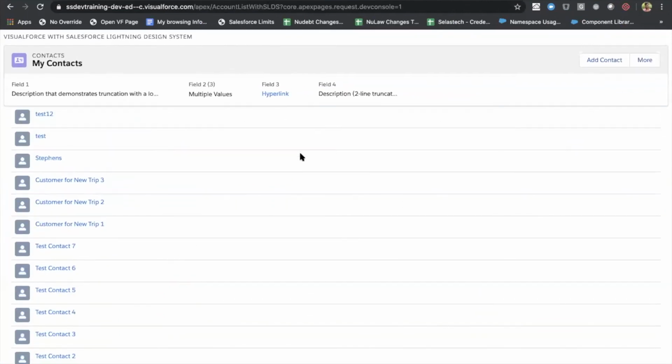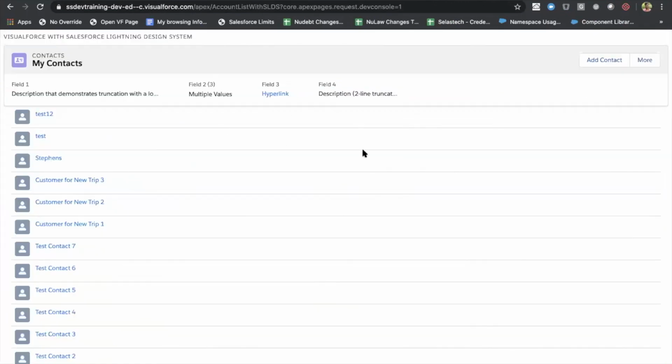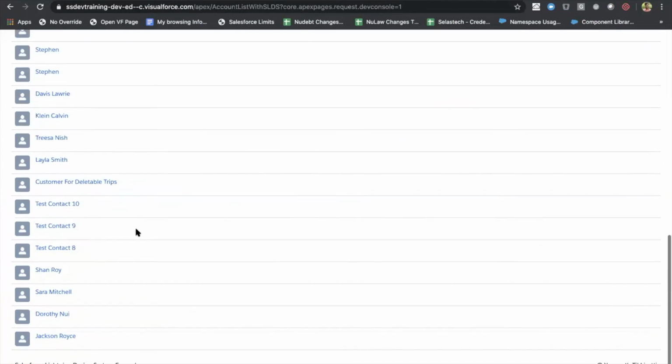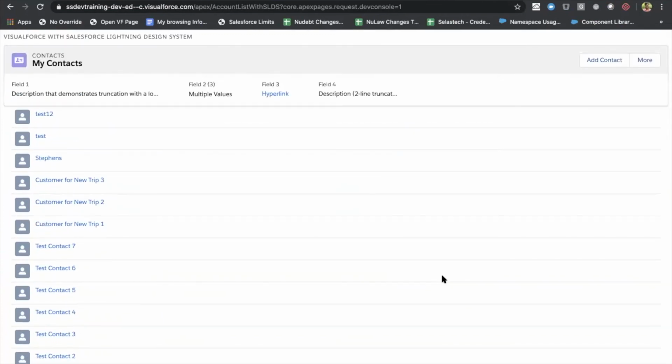Here we go. This is just a demo VF page which I took from Trailhead itself. If you compare this UI with the UI you see in the Lightning experience, it looks the same, because Salesforce is using the same styles here. The headers, the table, and the footer can all be replicated from Lightning itself.